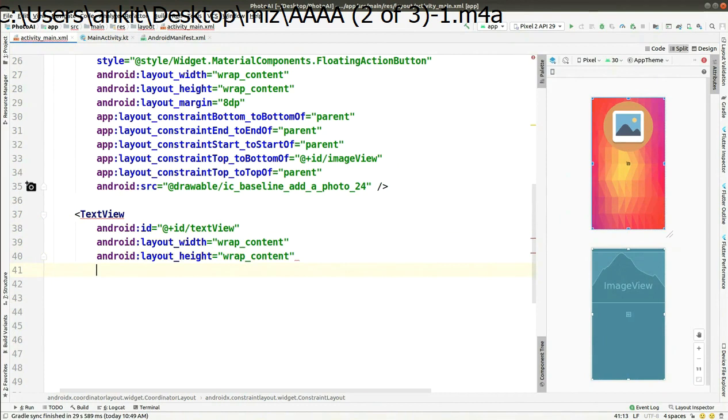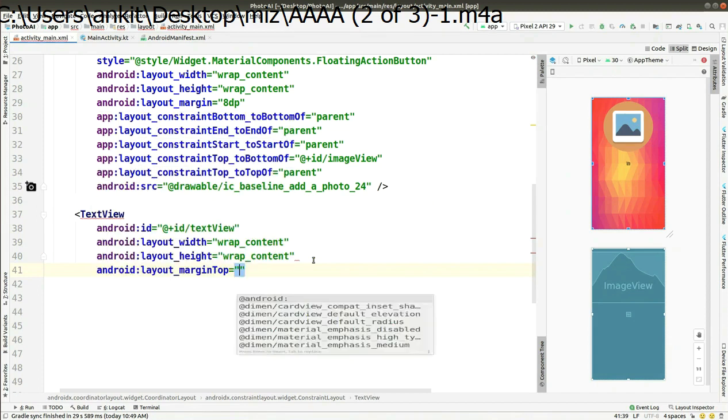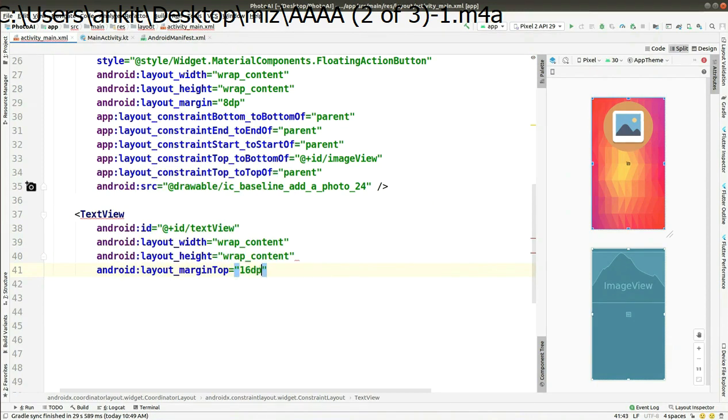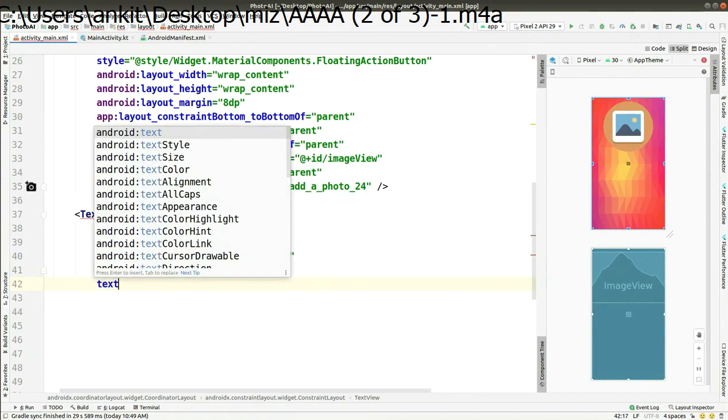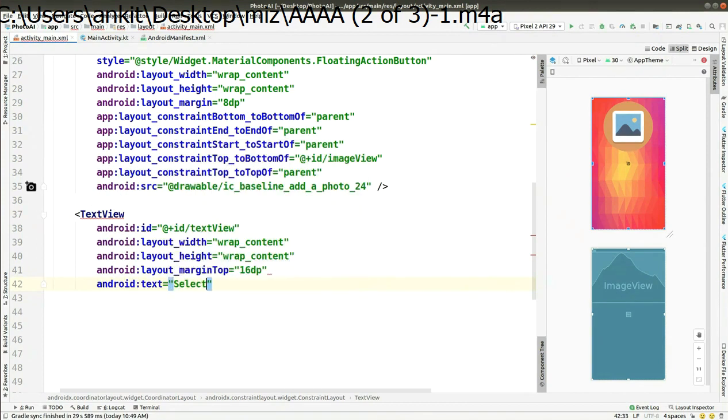So after this you have to add a few more options like margin from the top side is 16 dp, and the text for this text view, that is the default text, is "Select image from gallery".